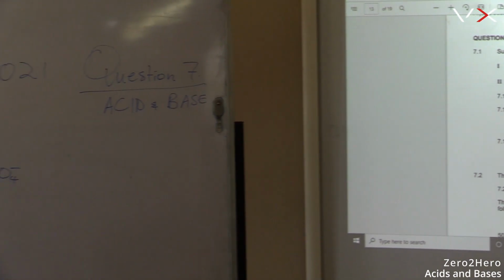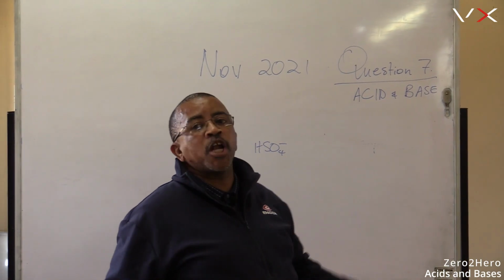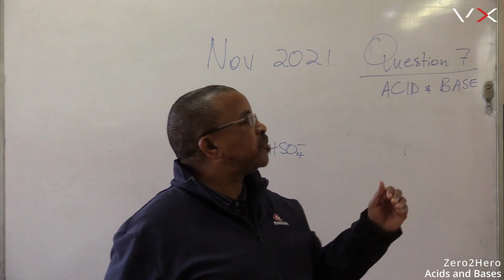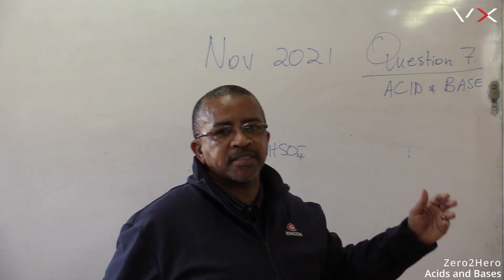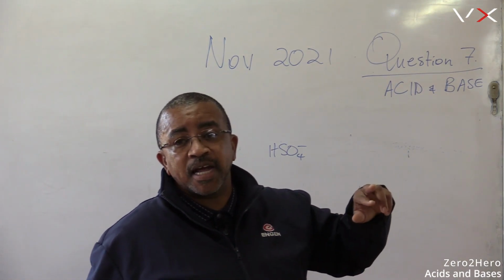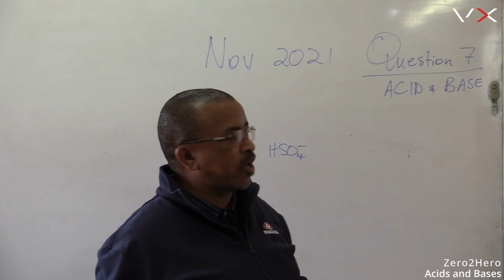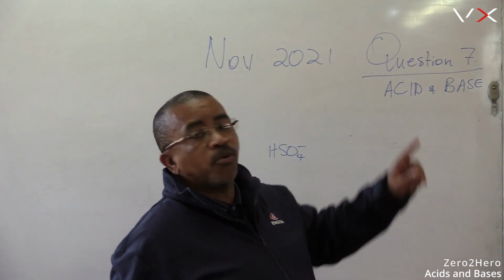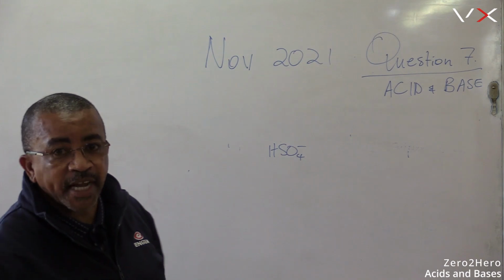HSO4 minus has a lower conductivity because its Ka value is less than 1, which means when you compare the Ka value of HSO4 minus and of H2SO4, the Ka value of HSO4 minus is lower than that, which means it tends to donate H+ less easily. It does not ionize very easily. It ionizes, but not as easily as H2SO4. Hence, HSO4 minus has a lower conductivity than